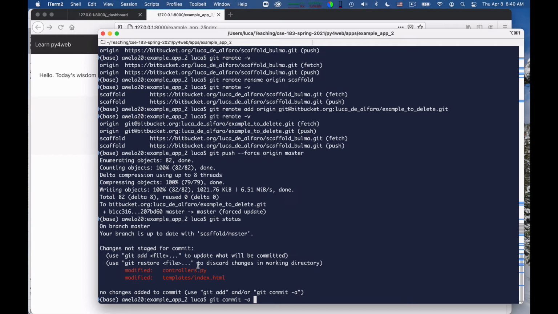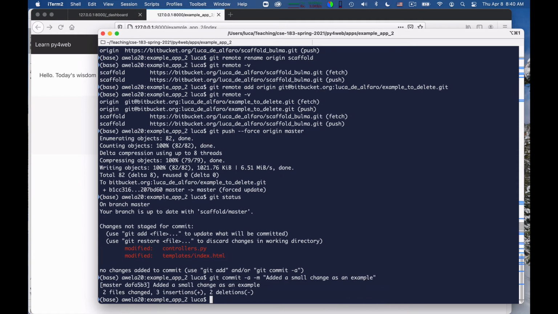Git allows you to cherry pick which files you actually want to commit, and this will add all of the modified files to be committed. So I always do git commit -a -m added a small change as an example. I commit these, and now I have a master file.